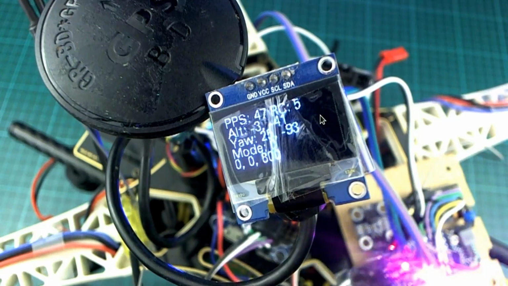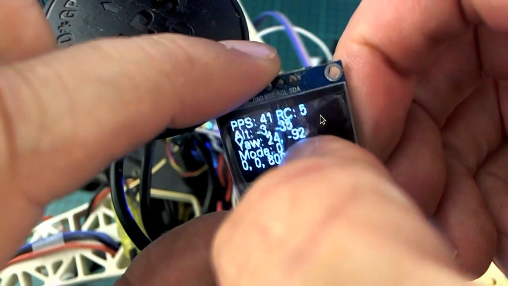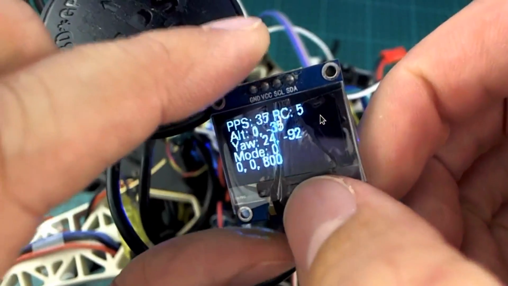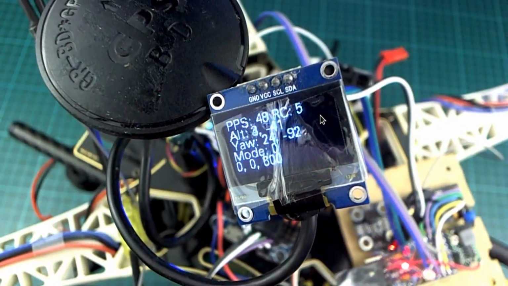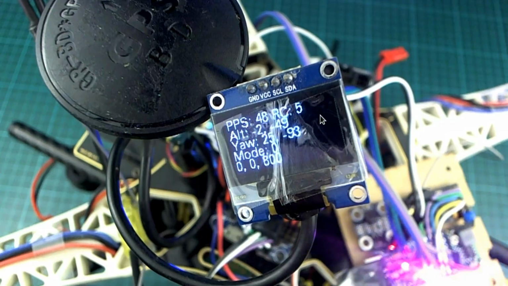Alright, so mode. The next line says mode, and I had planned for this to show one of the modes that it's in. So it's like fixed radius or fixed offset or overhead, or there's a couple of other modes that I made. But for the time being, all it does is change between 0 and 1